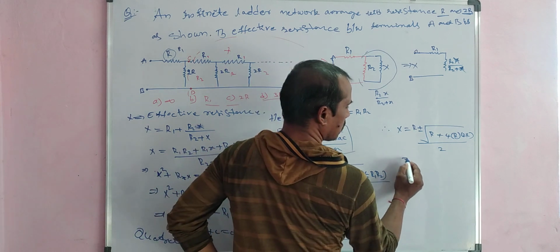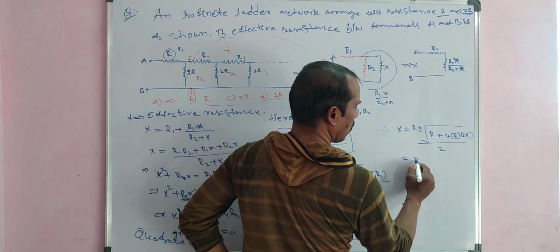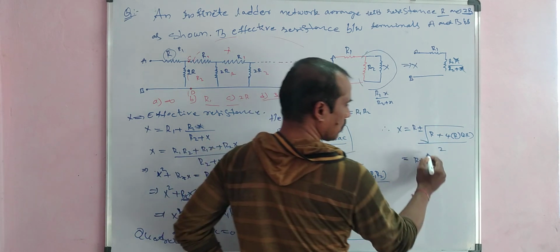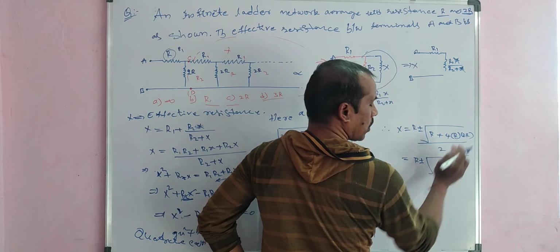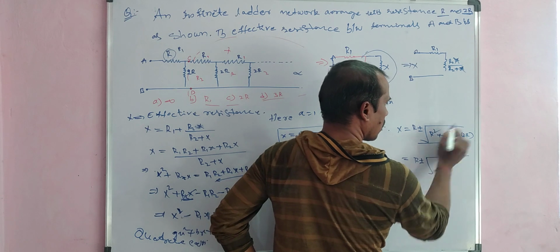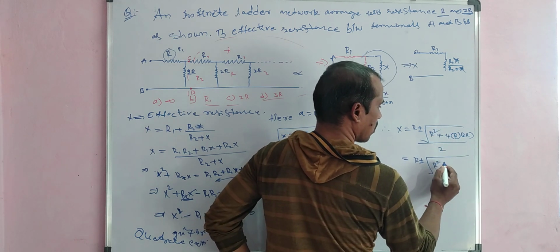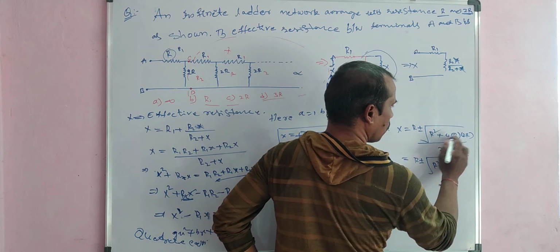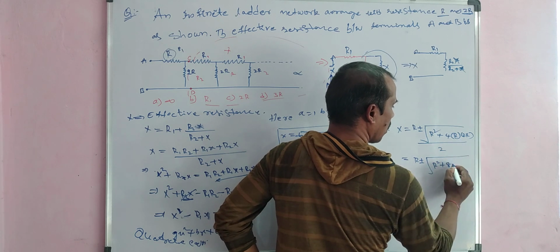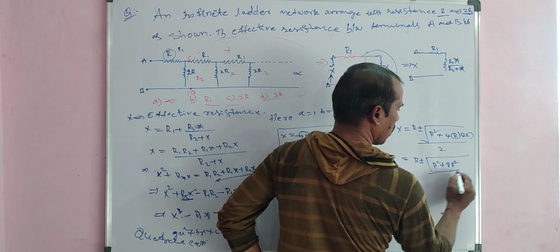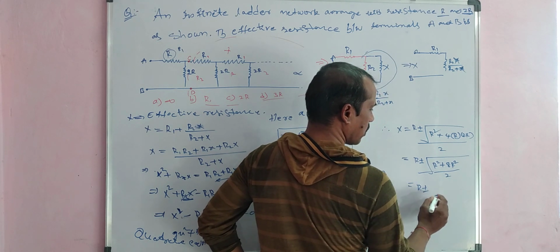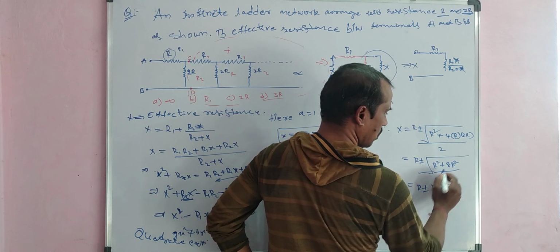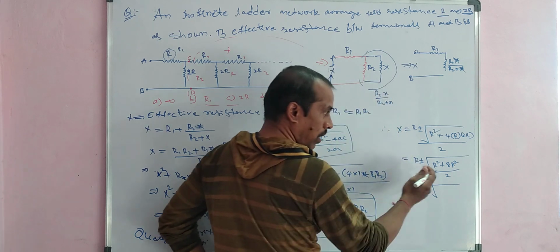So this simplifies to R plus or minus the square root of R squared plus 4 times R times 2R, which is 9R squared,